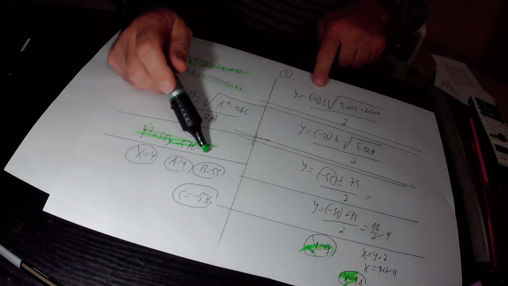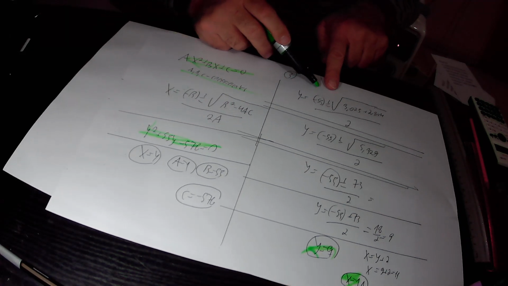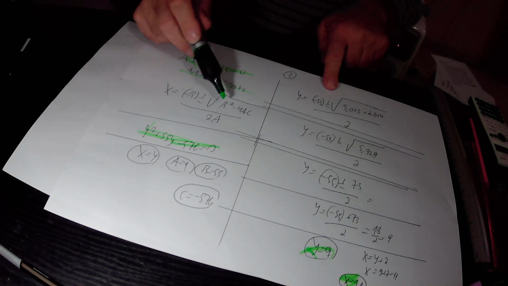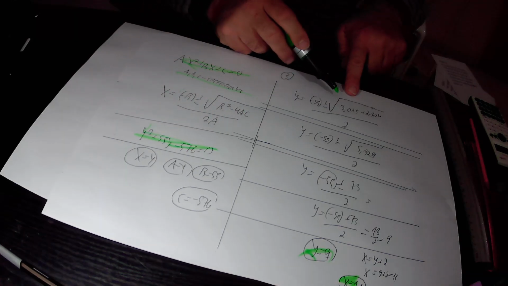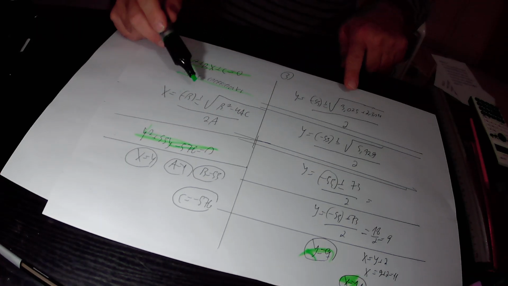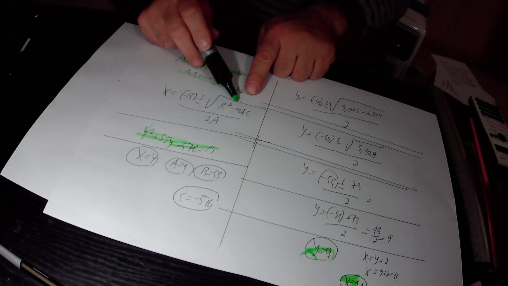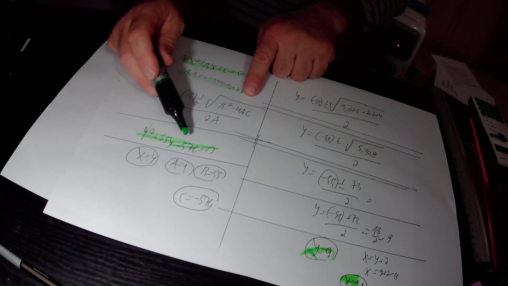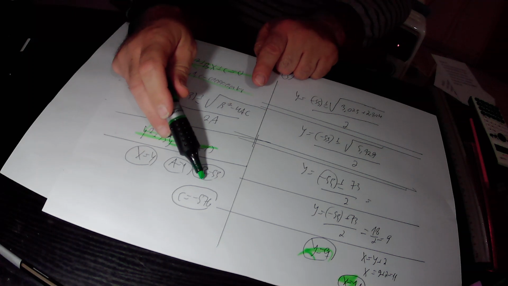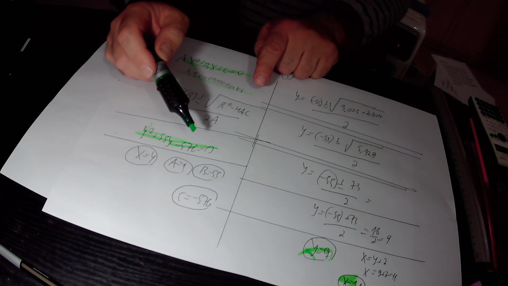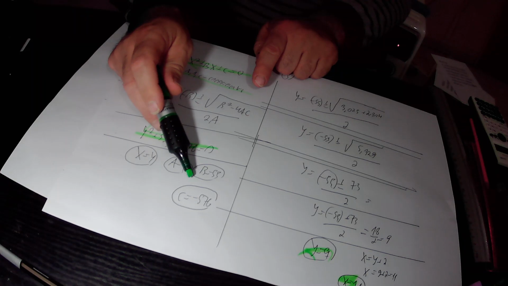B is 55, therefore minus b is minus 55, plus minus square root of b squared. B is 55, therefore b squared is 55 squared. 55 squared equals 3025. Minus 4 times a times c. So it is minus 4 times a, which is 1. So minus 4 times 1 is minus 4 times c. C is minus 576. So minus 4 times minus 576 equals